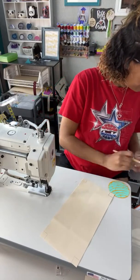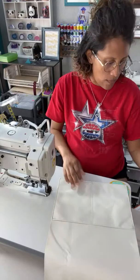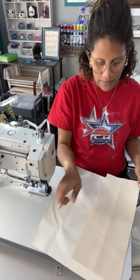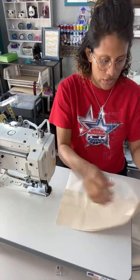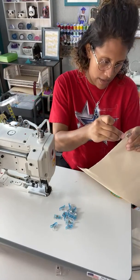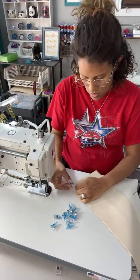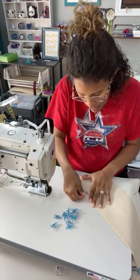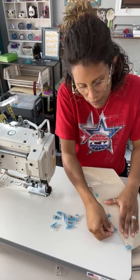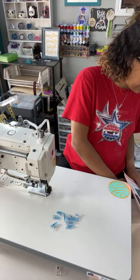Okay. You can set these aside. So just grab one of your exterior side panels, and one of your interior side panels, and also your interior main lining panel. And you just want to clip on the side, and I'm gonna mark out my 3/4 of an inch, and then I'm also gonna re-mark out my